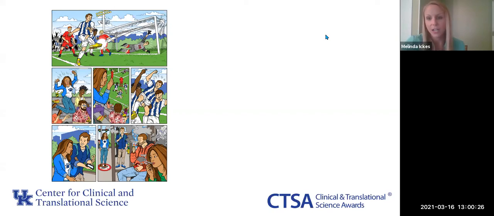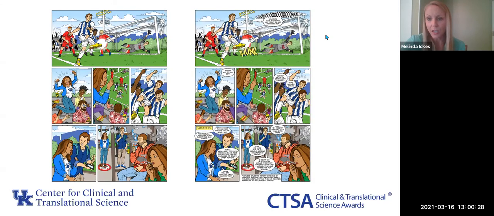So here you'll see just the colored pages, and then the next image, you'll see where we started adding text bubbles. And that's where we also had to start doing lots and lots of grammar edits and back and forth. One of the things that we decided is to highlight some of the research points before we were trying to put everything into the speech bubbles. We found that it was too busy. It was distracting from the wonderful artwork that we had, and we didn't want that.